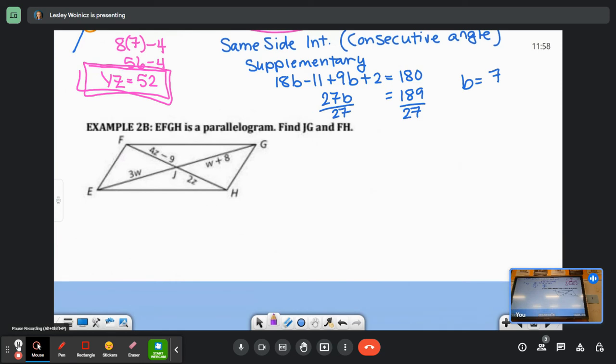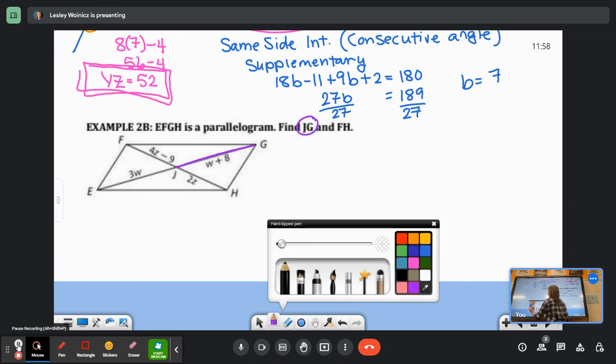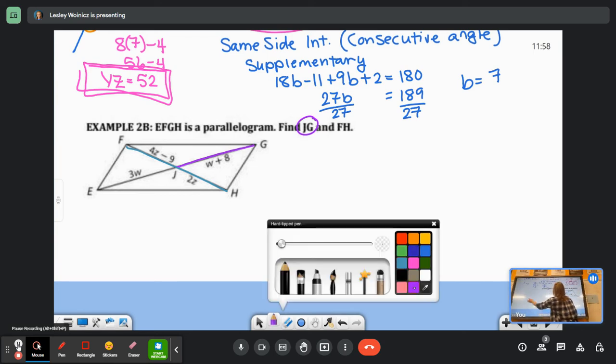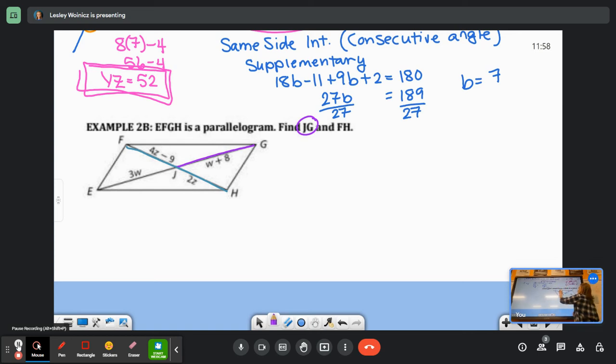All right, we got to find JG and FH. That's JG, this one, and FH is this whole thing. Which one do you guys want to do first? The purple one? Okay, so for the purple one, what we need to know is that this guy is congruent